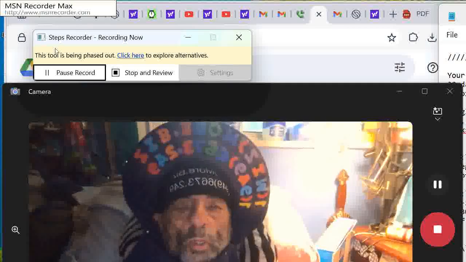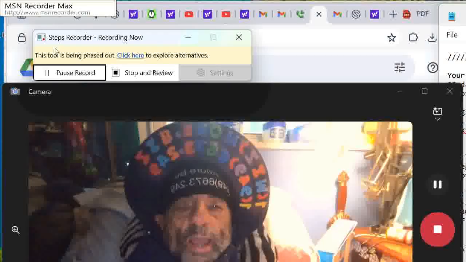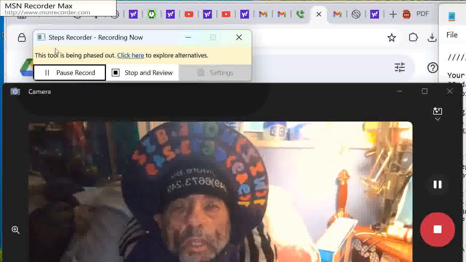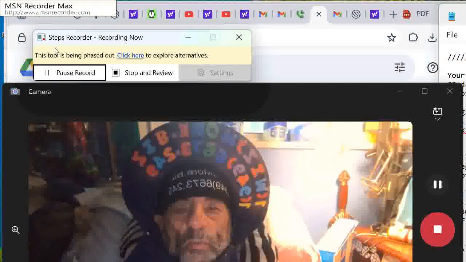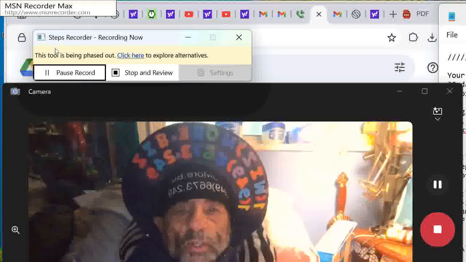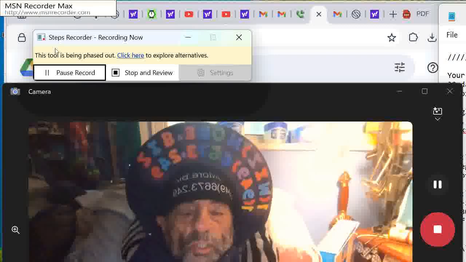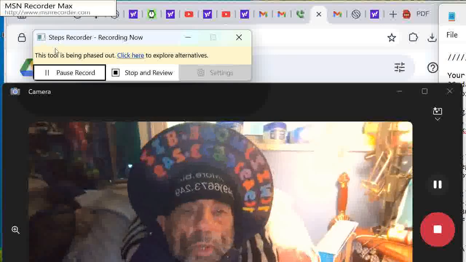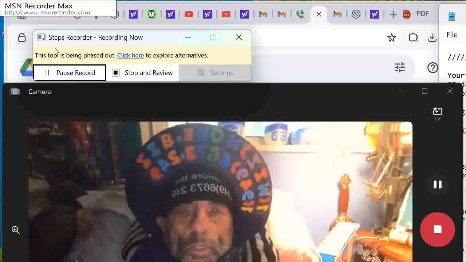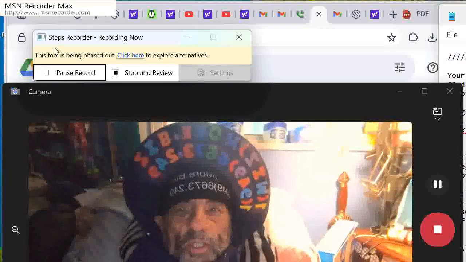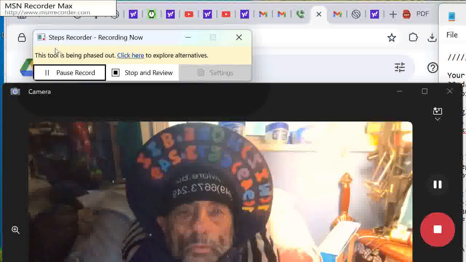Exactly, and it's also very useful as an audit trail. If I'm no longer active and I have somebody else that represents me or works with me, I'll be able to monitor them by looking into the audit trail, which is made out of three parts. One is the screen video with MSN Recorder Max. Another one is the video of the webcam. And the third one is the step recorder, which records in